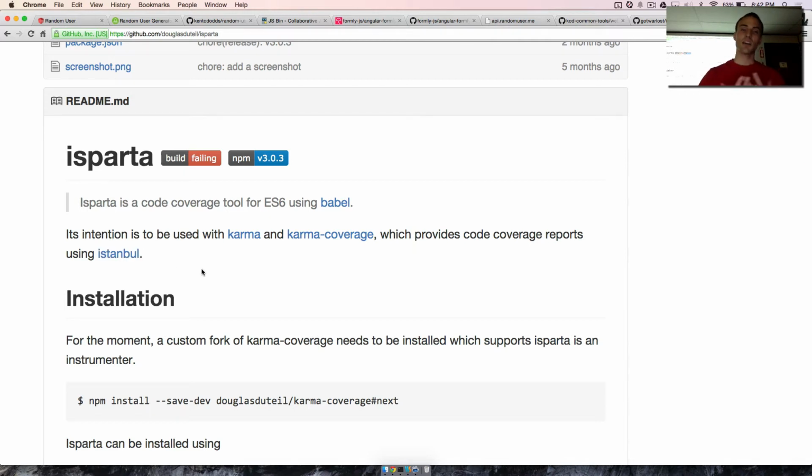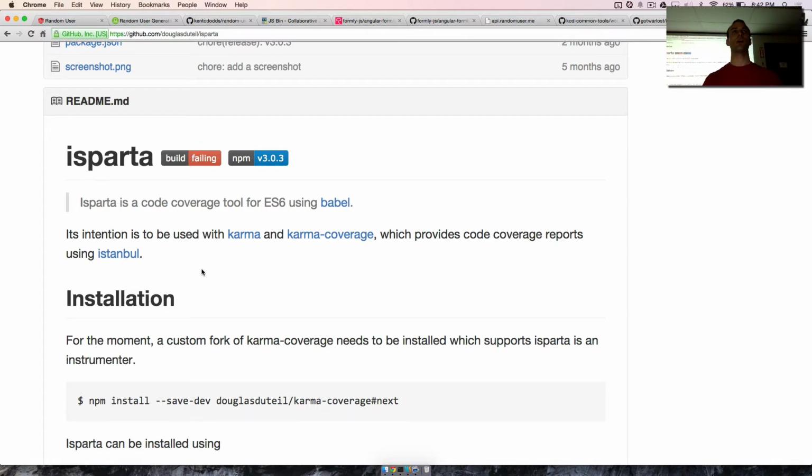But Isparta by itself isn't going to help us because we're using Webpack, and so we need to say, hey Webpack, I want you to run all my JavaScript through Isparta, which will run my JavaScript through Istanbul, so I can get coverage. Have I lost anybody yet? I have? Starting to. Dang it. Okay,